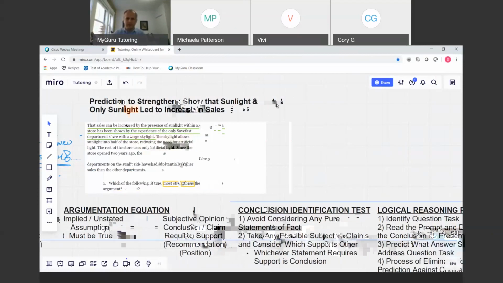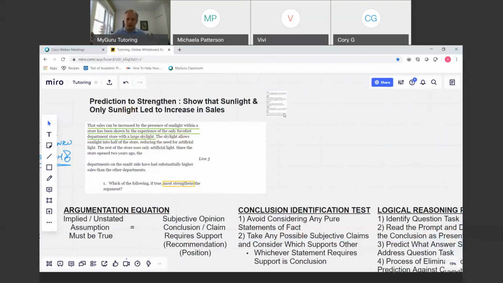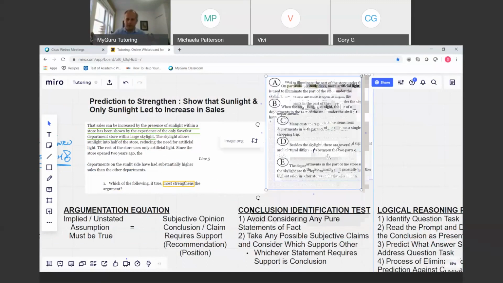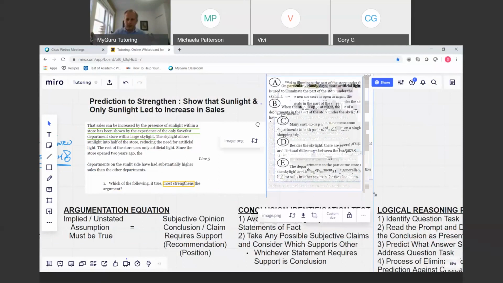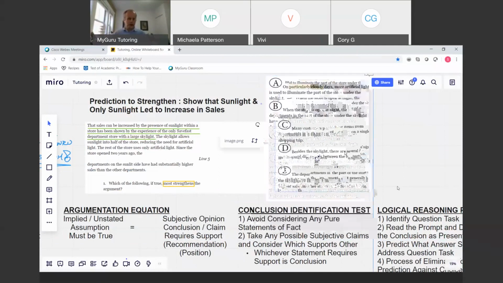Set up here with these choices. So let's make it a bit bigger and we will work through the options. So now we just need to show that it had to be the sunlight. And when we're considering our answer choices here,